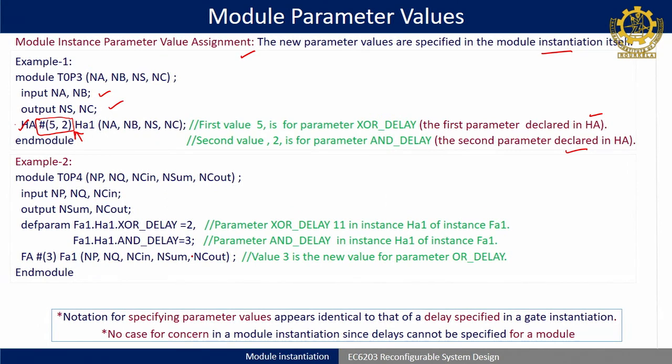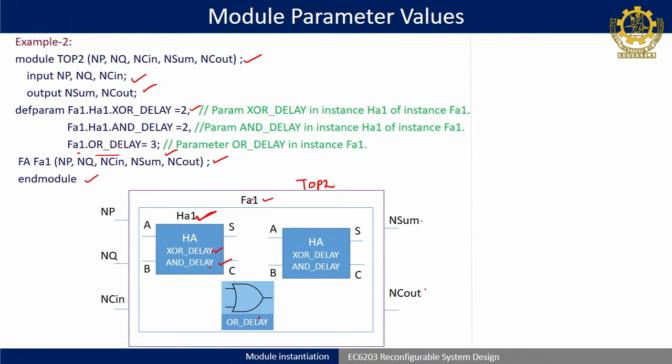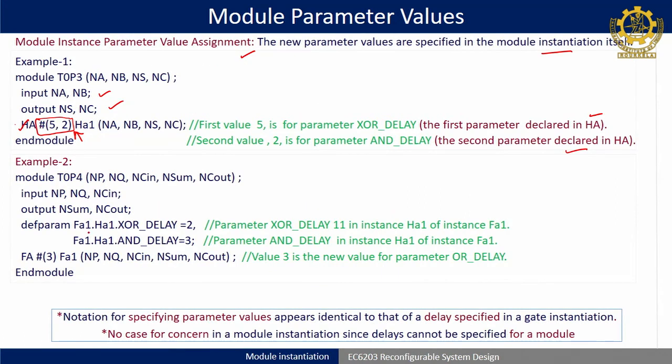So what we have done is, we have taken defparam. In this example I have taken two defparams and directly dot OR. Understood. So here if you see FA dot HA1 dot XOR delay 2, FA1 dot HA1 and delay 3. I maintained this in a similar way, because it starts from the FA, goes from HA1 till the below level of parameter. So defparam is a type of parameter overriding, where you can go from the top till the bottom modules and their parameters.